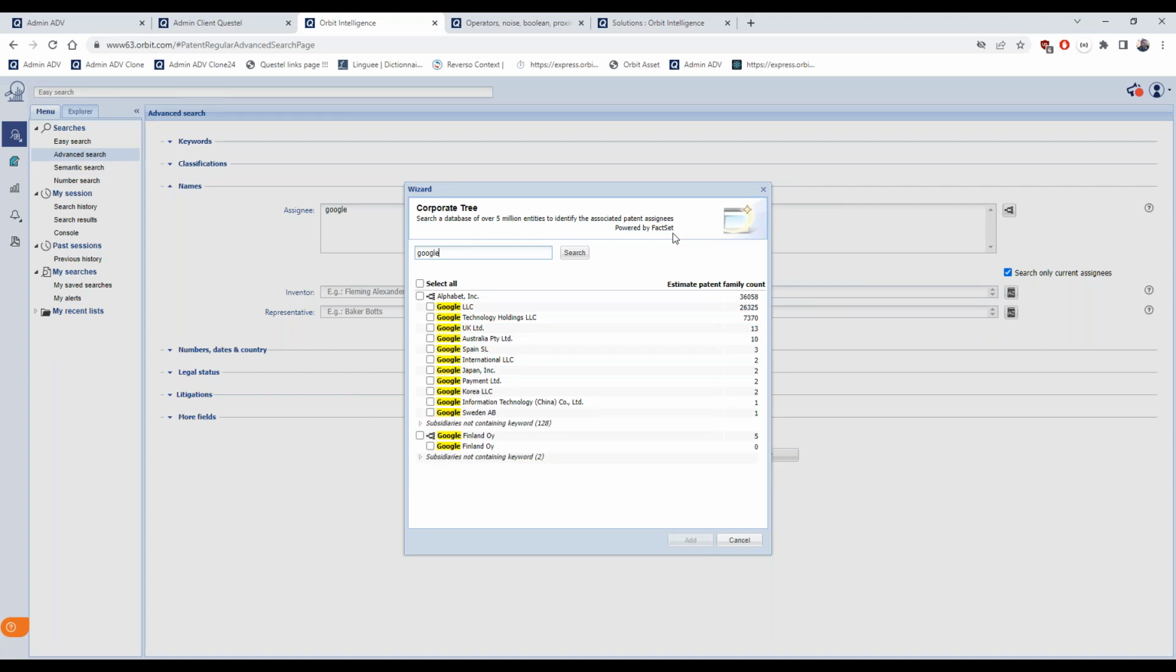This is interesting because you might not think of it, but you don't only look for where Google is in the patent assignee field. If you're running a competitor portfolio search, you want to add maybe the mother company. And here you have an estimated patent family count already. So not only are you including all these applicants in your